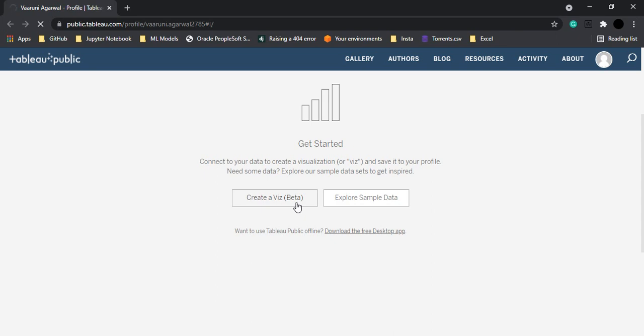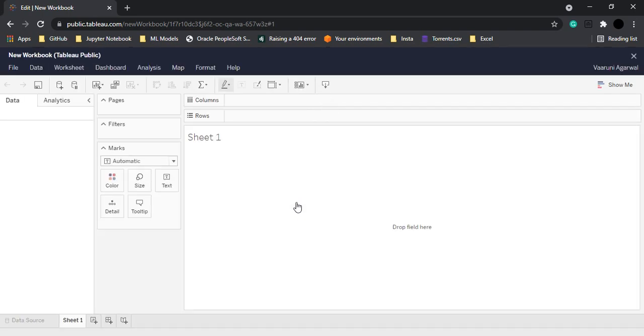Otherwise, if you aren't able to do that, because it might take a lot of time for you, depending upon the internet speed, and since it's just getting all of the things from the cloud, it may be a bit laggy. But here you can see it's looking very much similar to what we have in Tableau Public. In case you are not comfortable working online, you can just create an account on Tableau Public and work online.